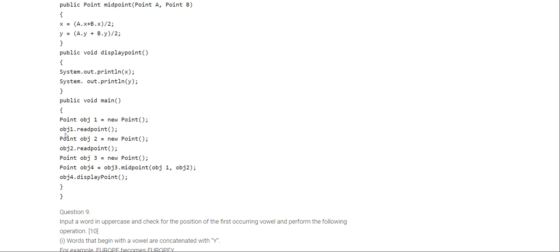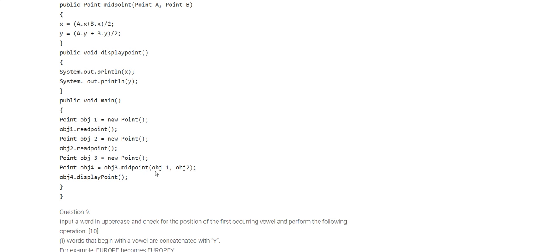Now the next thing is that we need another object also. Why do we need another object? Because we are going to use the same set of variables to save the midpoint. So another object is created here, named obj3, with the help of the constructor, and this will be used to call the midpoint method.